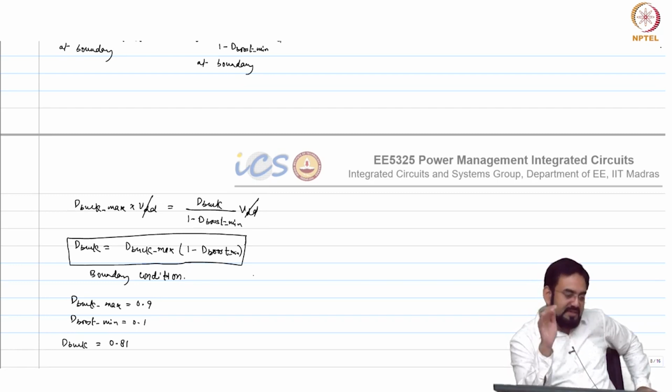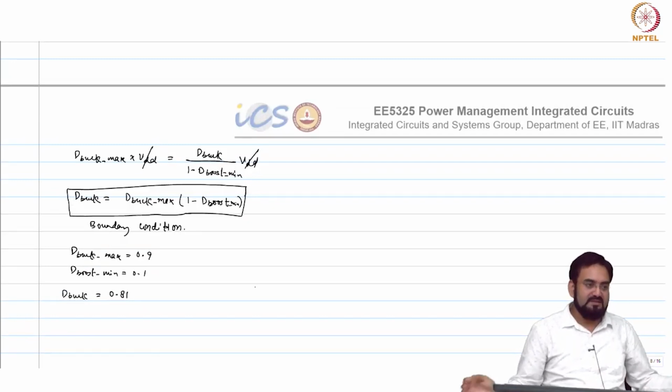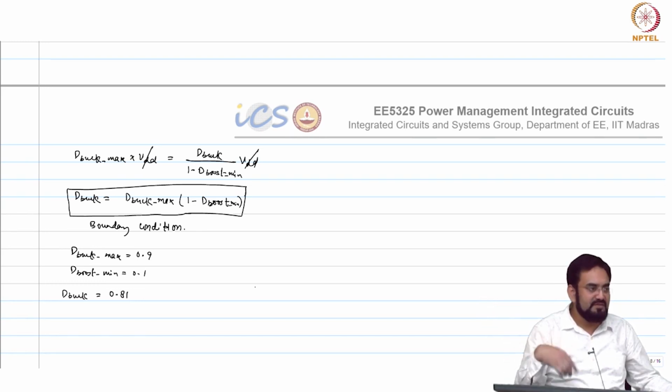Okay, that's how you control actually. So you have to monitor the duty cycle and see where exactly we are, and you switch your duty cycle control. We will see how we generate this duty cycle actually. You can do it a digital way or analog. So buck and boost is simple, you know how to do it, but in the buck-boost you require both the duty cycles. You have only one control voltage and you have to generate both duty cycles.